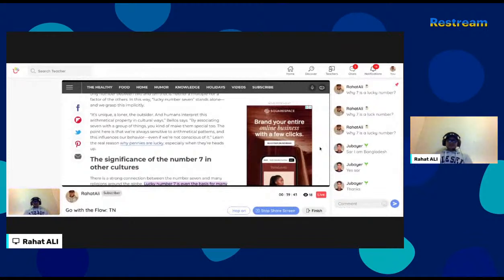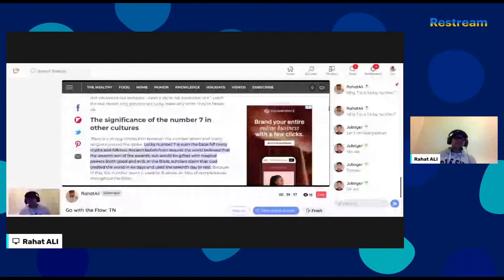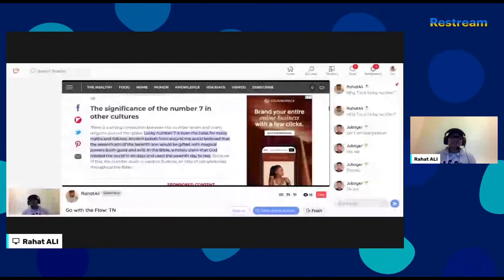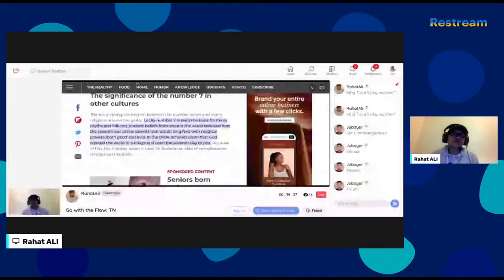Okay. So the next point is the significance of the number 7 in other cultures. There is a strong connection between the number 7 and many religions around the globe. Lucky number 7 is even the basis of many myths and folklore. Ancient beliefs from around the world held that the seventh son of a seventh son would be gifted with magical powers,